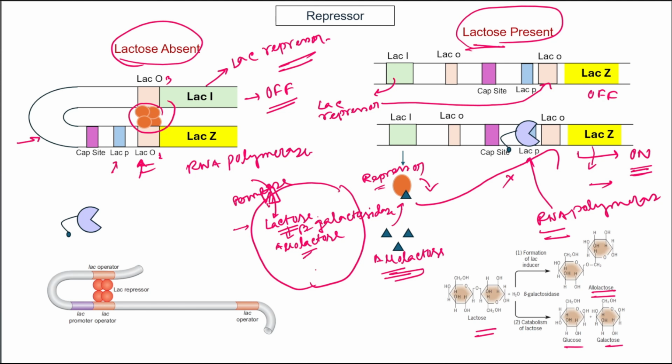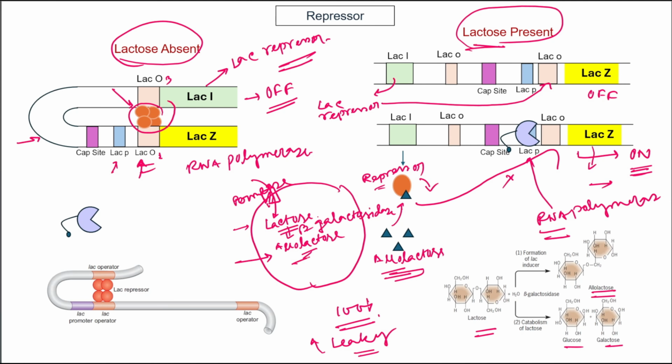Because the lac operon is never 100% off, even when the repressor is bound. The expression of the lacZ gene is leaky. Leaky expression happens even when the operon is repressed. A few transcripts are still produced because RNA polymerase occasionally succeeds in binding the promoter despite the presence of the repressor. So this basal leakiness generates a small amount of beta galactosidase and permease in the absence of lactose, ensuring that some enzyme is already available to bring lactose into the cell